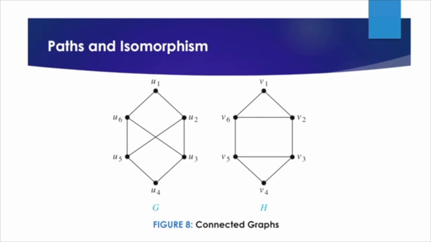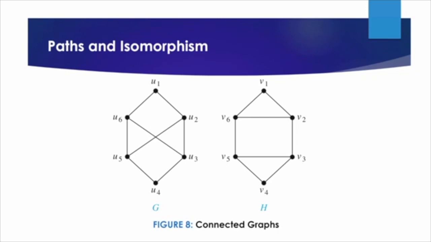Both G and H have 6 vertices and 8 edges. Each has 4 vertices of degree 3 and 2 vertices of degree 2. So the three invariants, the number of vertices, number of edges, and degrees of vertices, all agree for the two graphs. However, H has a simple circuit of length 3, namely V1, V2, V6, and V1, whereas G has no